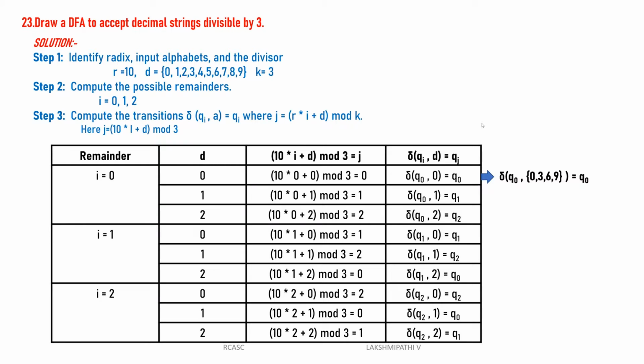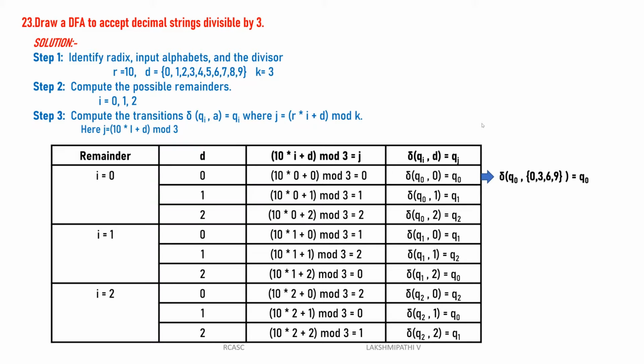For example, take Q0, that is I equal to Q0. Here the possible first inputs are each and every possible remainder: 0, 1, 2. Then I equal to 1 with 0, 1, 2, then I equal to 2 with 0, 1, 2. If you take 0 through 10 also, Q0 of 0 comes to the same as Q0 of 3, and Q0 of 6 also comes the same. That's why, avoiding that, I will take only 0, 1, 2. So Q0 of 0, 3, 6, 9 is equal to Q0 only.